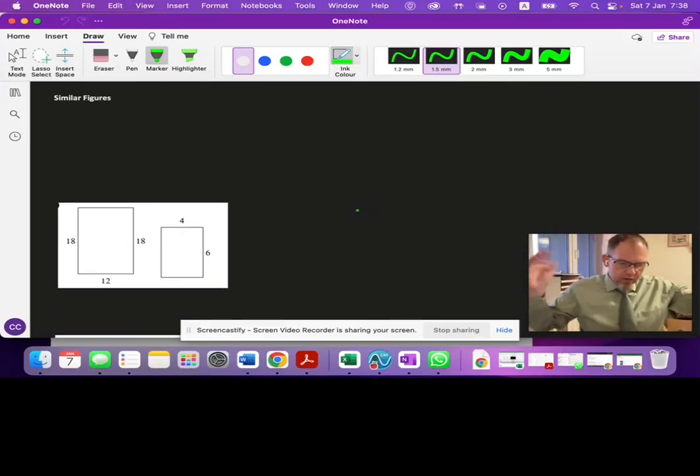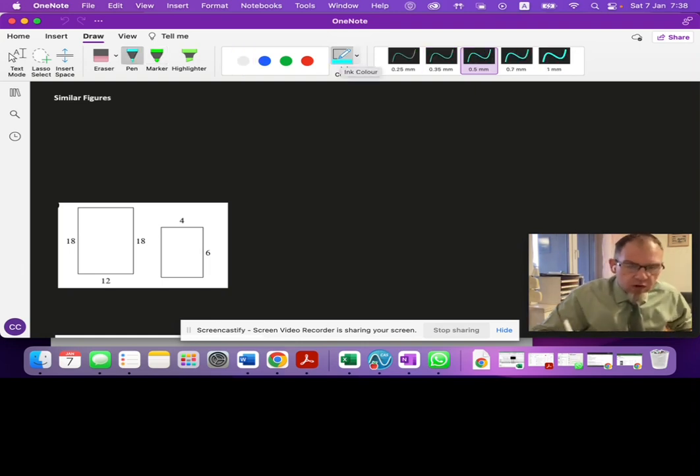Okay, so to this point in time, we have been working specifically with similar triangles. Although we did talk about it before, the definition of similar shapes is that they have the same angles and that their corresponding side lengths exist in a common ratio or common proportion. So again, similar figures,